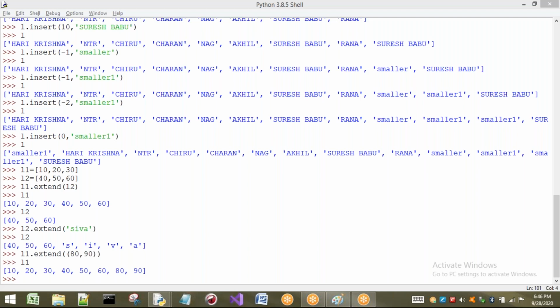First one is append, which adds the element at the end of the list. Next one is insert, which adds the element at a specified index, and the next one is extend. Extend is going to add a group of elements at the end of the list only. Okay, so this is about extend.